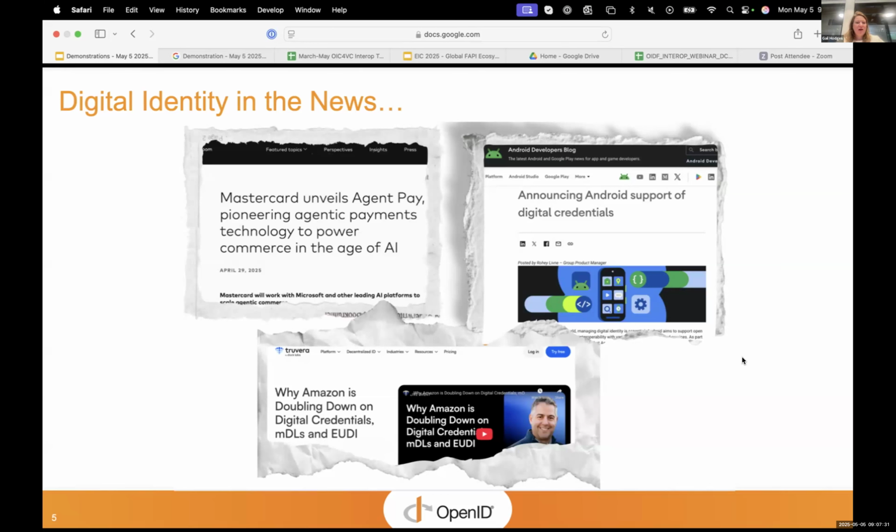We also saw MasterCard making a recent announcement on agent pay, and that body of work on agentic AI does overlap pretty closely with work on digital identity credentials. And then there was also a recent announcement from Amazon on their intent to consume identity credentials, whatever comes available in the US with their mobile driving licenses, as well as in Europe with the EUDI wallet specifications. Paul Grassi, formerly of NIST, shared some of their plans recently. Those are just a few snapshots, but we know there's a lot of momentum in the marketplace right now.